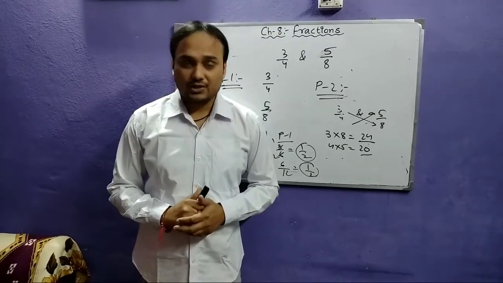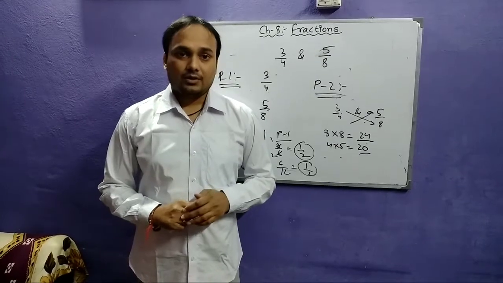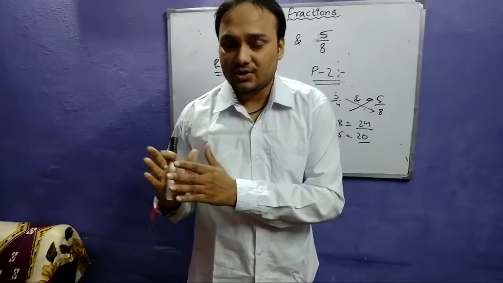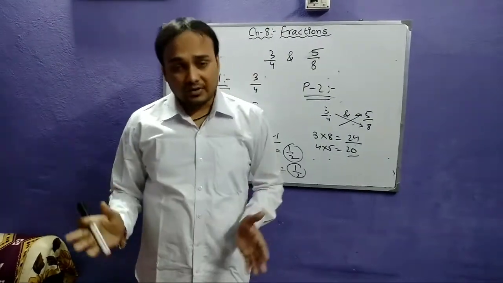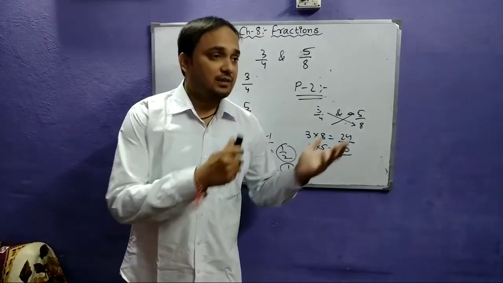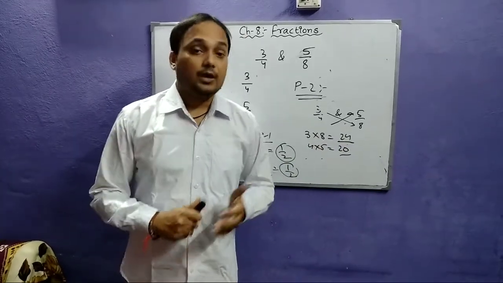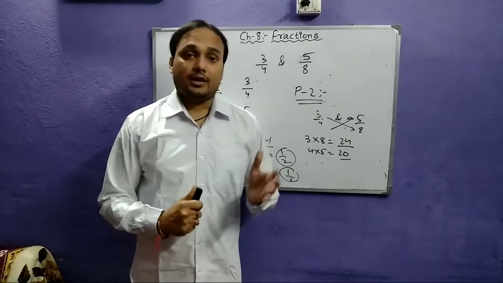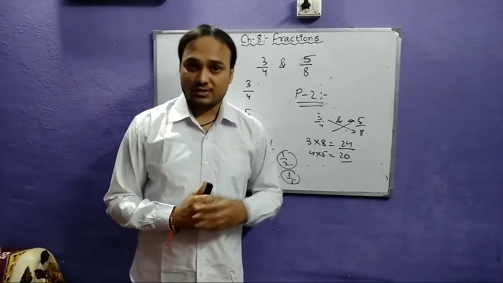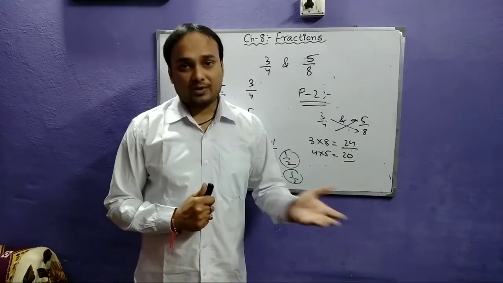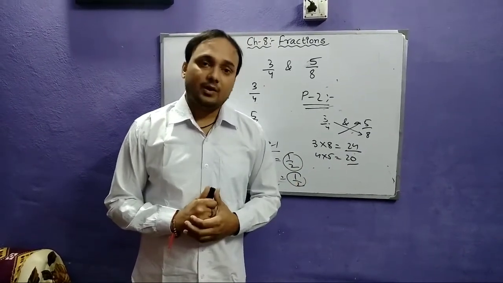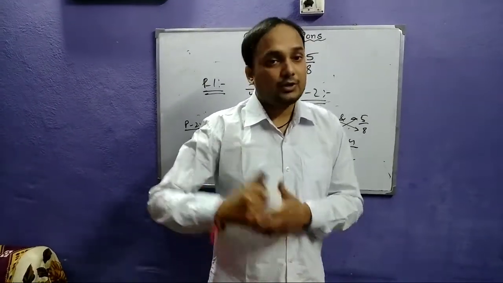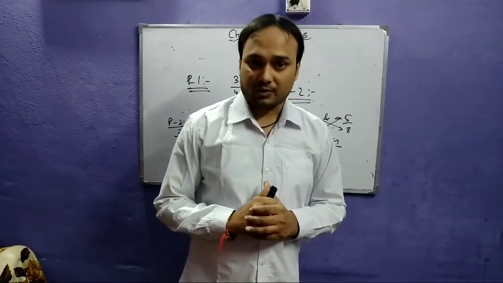So this was an elaborate discussion on equivalent fractions, students. Now we have covered almost most of the chapter. We discussed a few important things about fractions. We saw that fractions can be expressed with a numerator and denominator. We also observed the different kinds of fractions: mainly 6 types, like, unlike, proper, improper, mixed and unit fractions. And then we saw how to convert a mixed fraction into an improper fraction and an improper fraction into a mixed fraction. That was also a very important method.